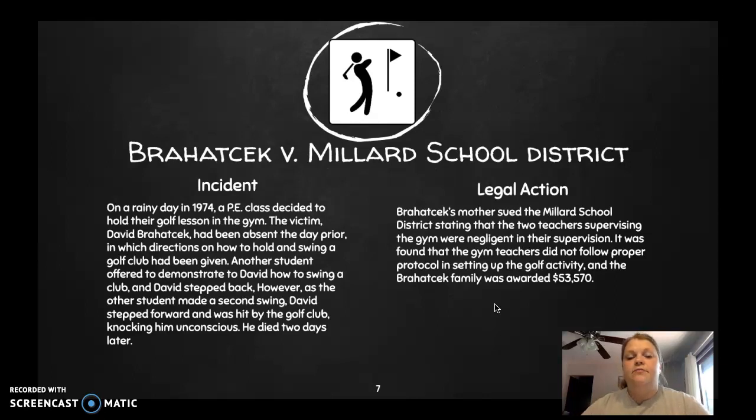And as a preventative measure, a school should be making sure that all safety measures are taken in place when setting up any activity, particularly one that should be done outside but has been modified for the indoors. So in the future, teachers should just make sure that everything is very safe and should be actively monitoring their